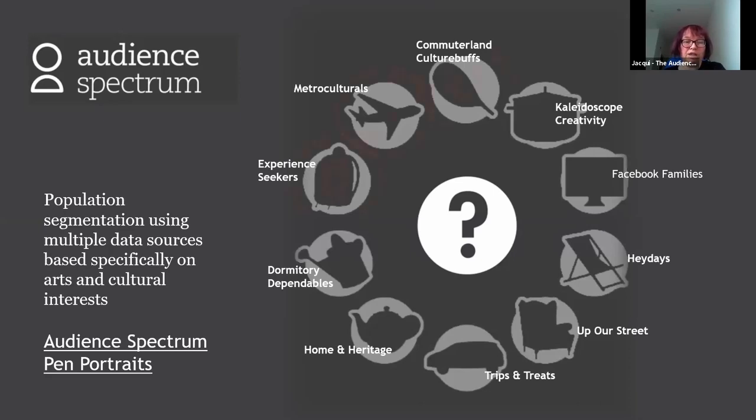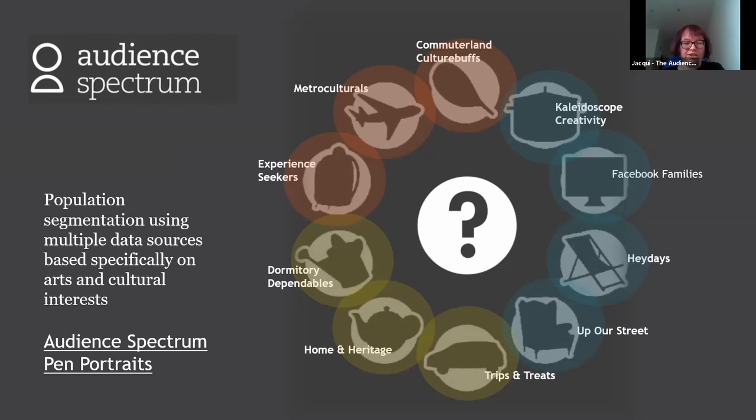And there are 3 highly engaged groups, 3 medium engaged groups, and 4 lower engaged groups. And what I would say is, don't worry too much about the names. The naming of segments is always a bit of a contentious issue in any segmentation model, really. They're just there as a sort of shorthand to identify the key distinguishing characteristics of each group. But what's really important is to understand all of the data that sits behind the segmentation,